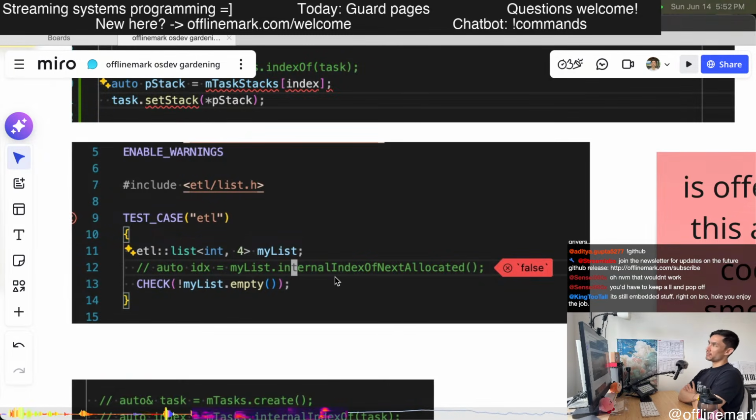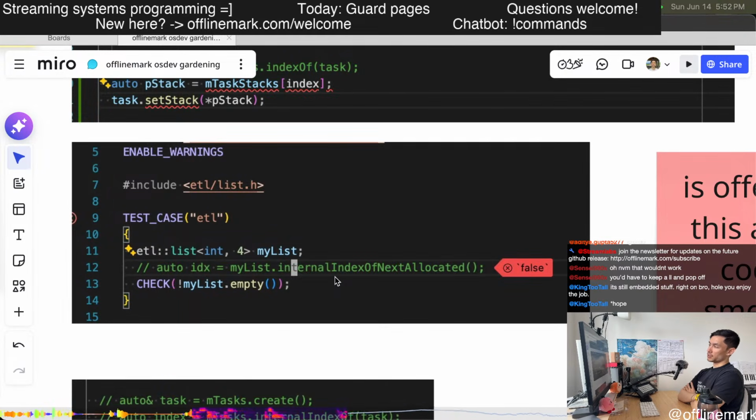I feel like the one saving grace, the one argument you can make, is that this is not a normal linked list. It is a static list. And so being curious about the internal index feels like a reasonable thing to do.